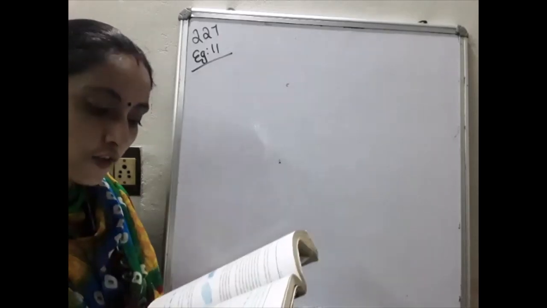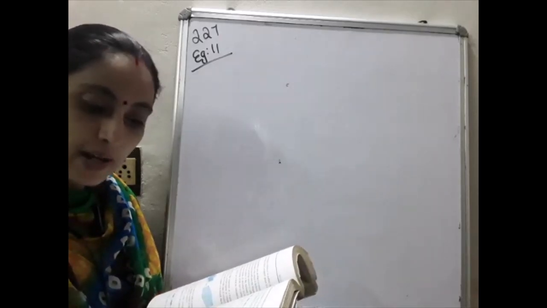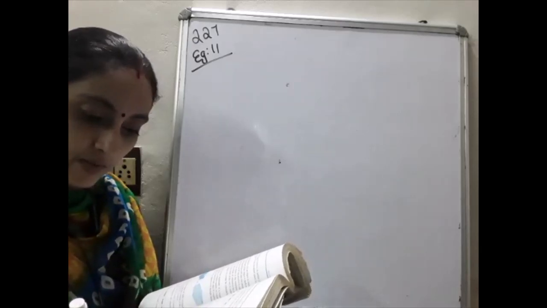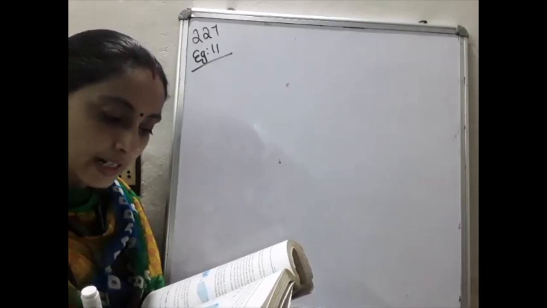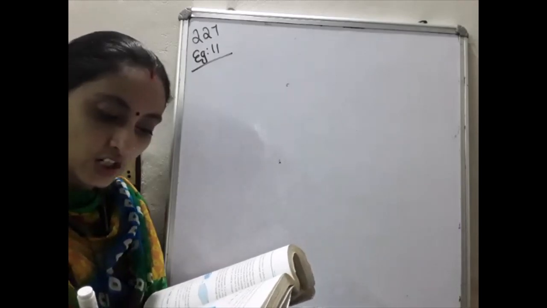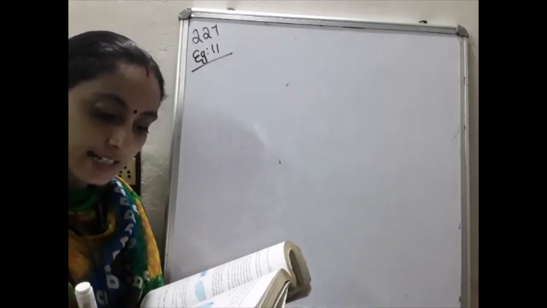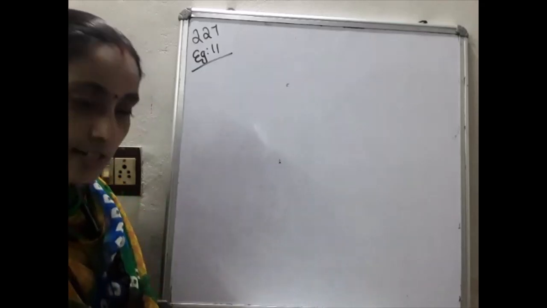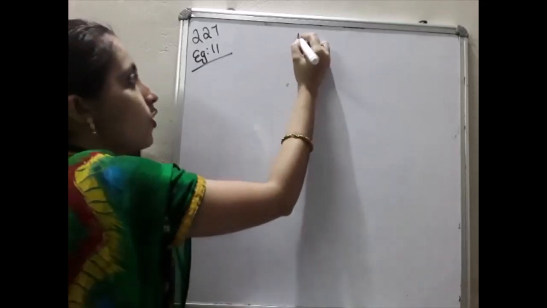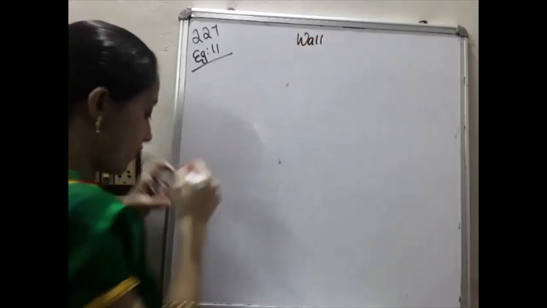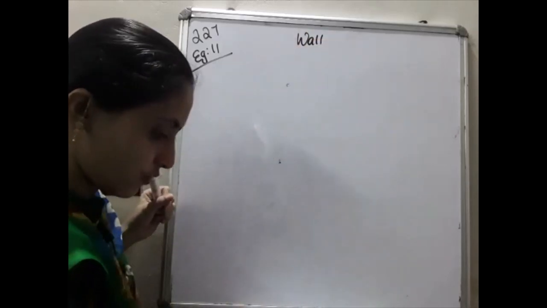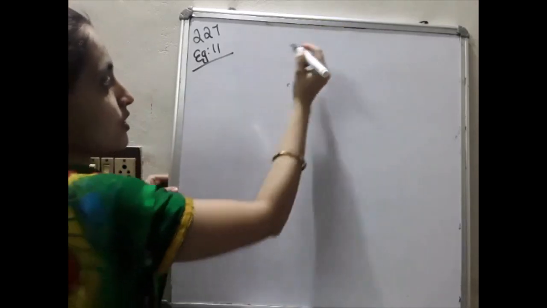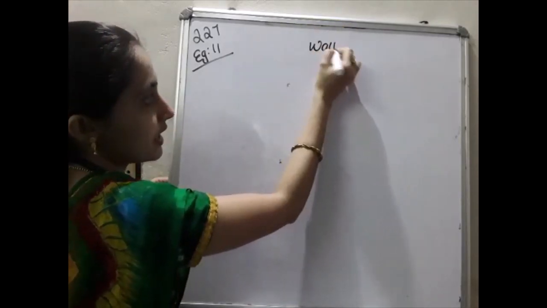A wall of length 10 meter was built across an open ground. The height of the wall and thickness is given. If the wall is to be built up with bricks of dimension 24 cm, 12 cm and 8 cm, how many bricks would be required? So there are two quantities, one is of the wall and the other is of the brick. I will form a table first, so that it is easy for you. Wall, then brick.